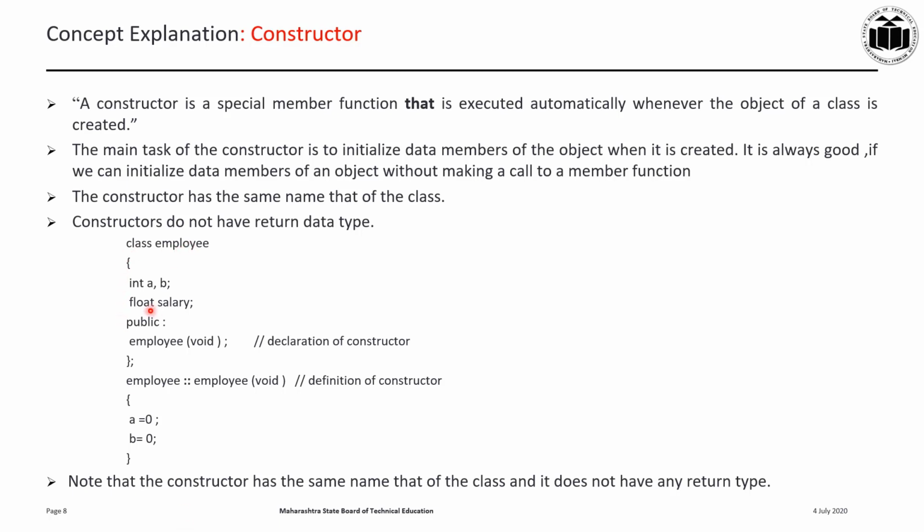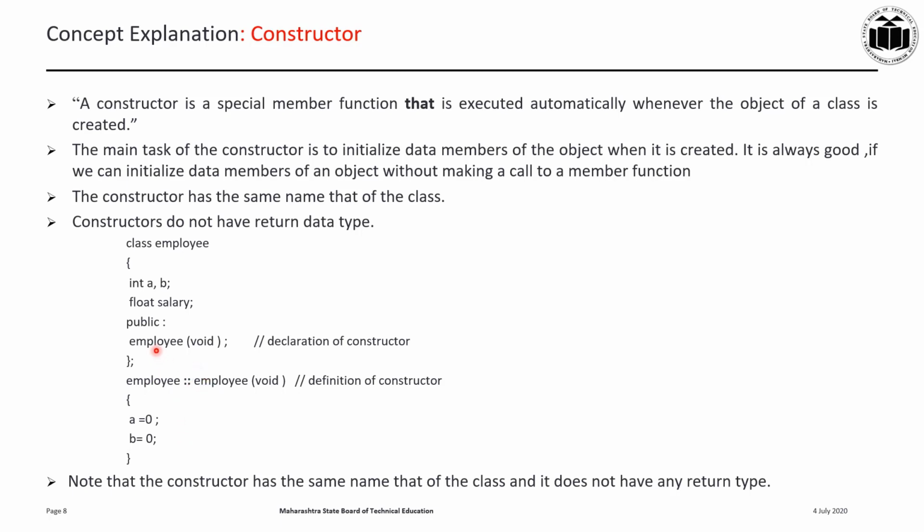Class employee, int a, b, salary; so a, b and salary are the data members. And how will we write the name? As I have already told, the class name and constructor name should be the same. So the class name is employee, and the constructor name is also employee. Now here we will just assign the values in the constructor. This is an outside declaration: employee, then scope resolution operator, employee. Now see, a constructor does not have any return type. So in your outside member function declaration, before the class name, what is the return type? We will not have a return type. Then employee is the class name, then the scope resolution operator.